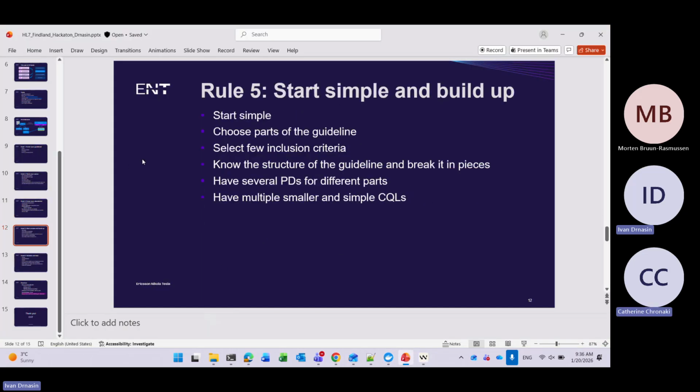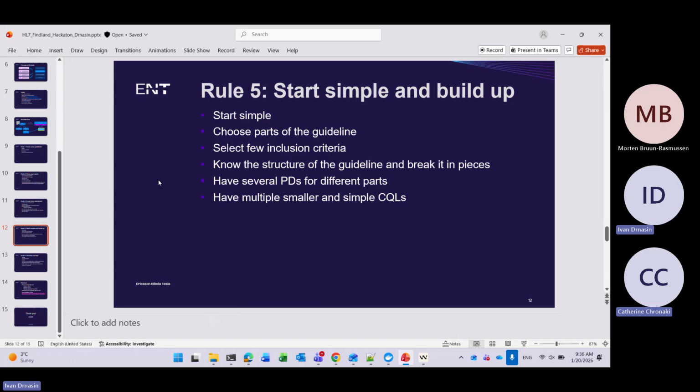So the next rule is, like I said, start simple and then build up, and then you will see how it goes. And it's good to break things down. From programming experience, when a programmer codes, he or she likes to have libraries, to break the big piece into smaller parts, into libraries, into components.